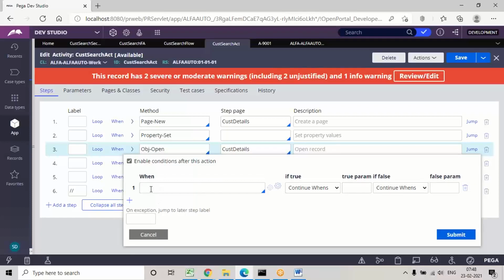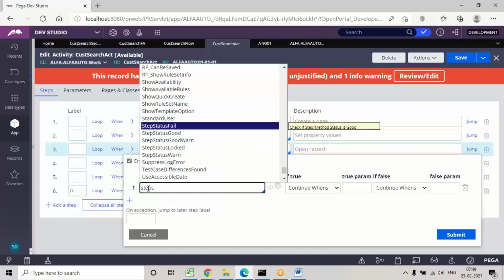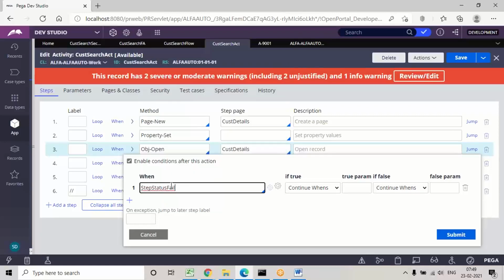See, Pega contains some built-in when conditions. Whens are nothing but if conditions. So Pega contains some built-in if conditions. Mostly when you are applying a jump condition, and before Obj-Open we have taken false, right? So there is one built-in when condition called step status fail. Mostly this will be used. See, step status fail